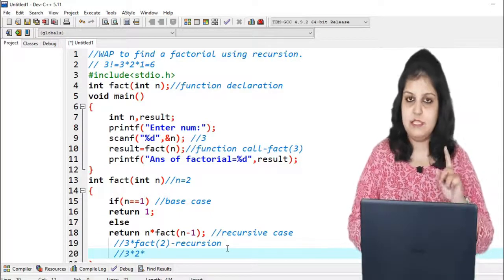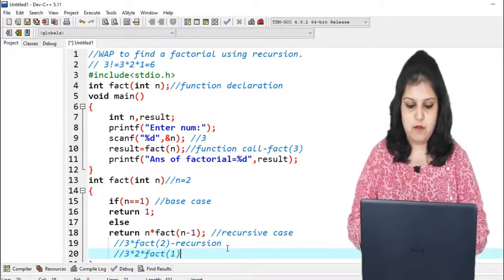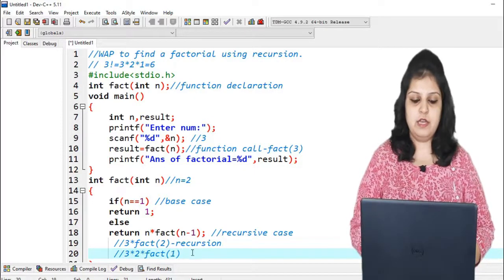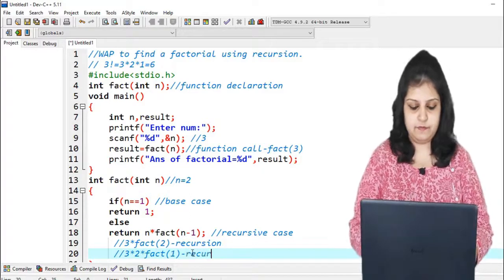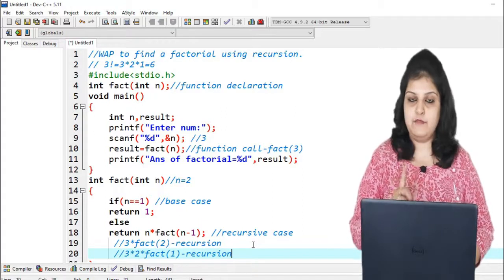So 2 minus 1 means 1. Another function call, that name is fact 1. So again you can see here this is recursion, because the function is again calling itself, but our n value is updated.